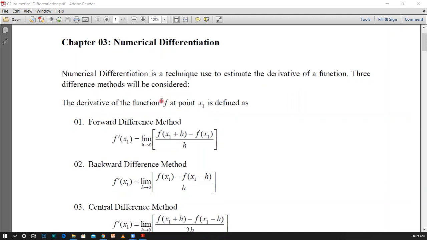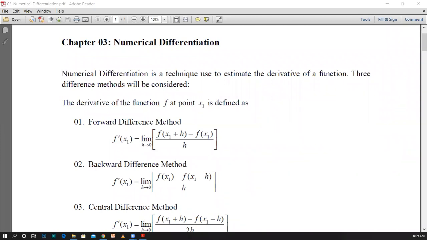Let us refresh our minds regarding the definition of the derivative of a function at the point x1. We consider a distance h away from the point, and if we send the limit of h to 0, then we can define the derivative of the function. Sticking to that concept, suppose you need to obtain a derivative at a point x.